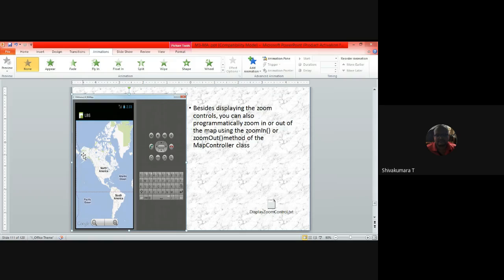Again, when you press, it releases the size, that is zoom out. To perform zoom in and zoom out actions on that,